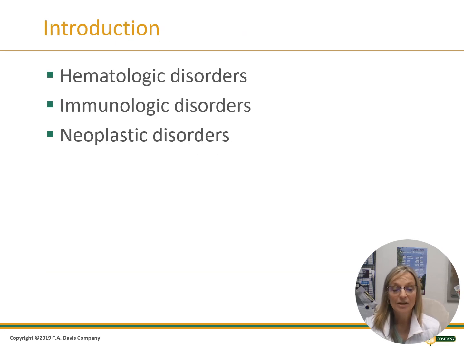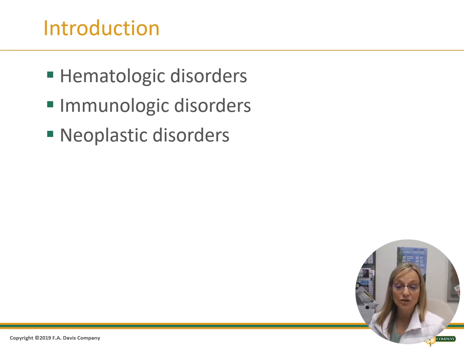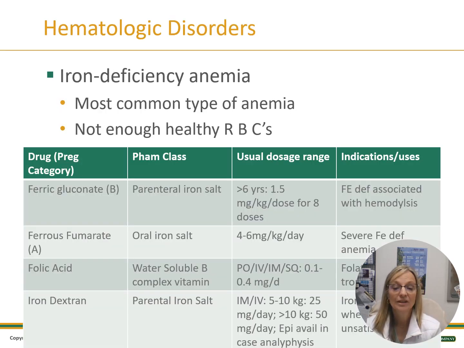transplants. So we are going to break up Chapter 19 into 3 different disorders. We have hematologic disorders, we have immunologic disorders, and we have neoplastic disorders. When you start looking at those as separate categories, it should really help. So first off, iron deficiency. So when we start looking at hematological disorders,